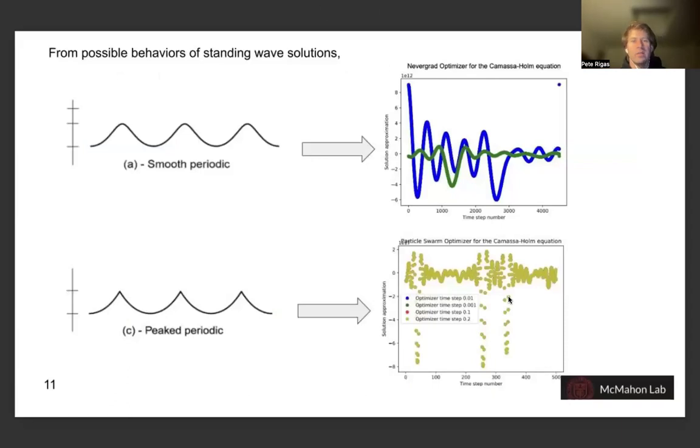And from possible behaviors of standing wave solutions, one possible application of the variational quantum algorithm that we can run on a state-of-the-art quantum simulator is that we can look at generating different wave interference patterns, whether it be smooth periodic or peak periodic, where the distinguishing factor between smooth periodic and peak periodic is that we can see that there are different curvatures of the solution profile for this wave equation, which ultimately determines the manner in